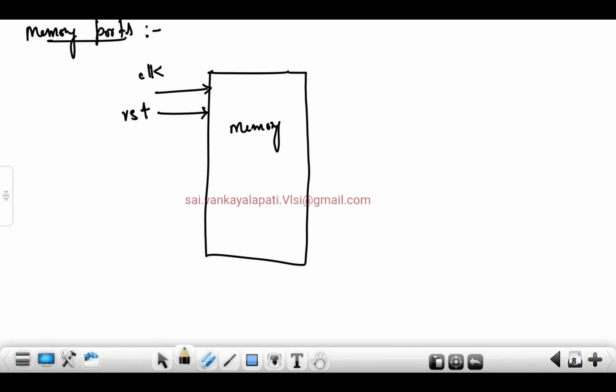What is the use of this reset? Reset is required to keep the memory in its default state, meaning you make all the memory locations 0, 0, 0. I can use reset for that. Yesterday we did programs on counters, right? If reset is equal to 1, I'm making my flip-flop outputs 0, so the count goes to 0. It only does the counting operation when my reset was 0. So another input I can call reset. The clock is one input port.